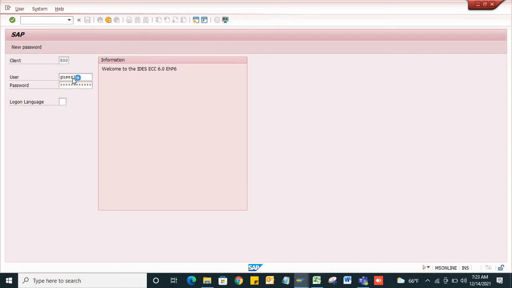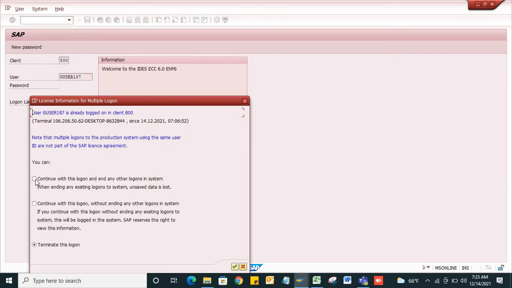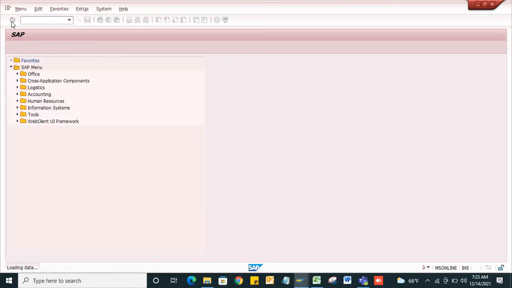Now I am in my SAP Easy Access screen. Now I am entering the transaction code to maintain fiscal year, OB29.